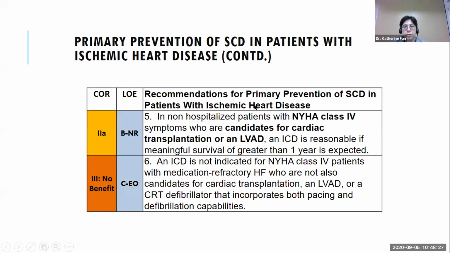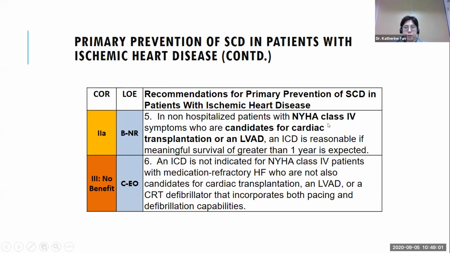2A is patients of ischemic heart disease, functional class 4, who are candidates for cardiac transplant or an LVAD. So here, ICD is considered reasonable as a bridge to transplant or mechanical circulatory support. However, class 3, which is not indicated, no benefit, are those patients who are functional class 4 and medically refractory heart failure, who are also not candidates for transplant, LVAD, or even a CRT defibrillator that incorporates both pacing